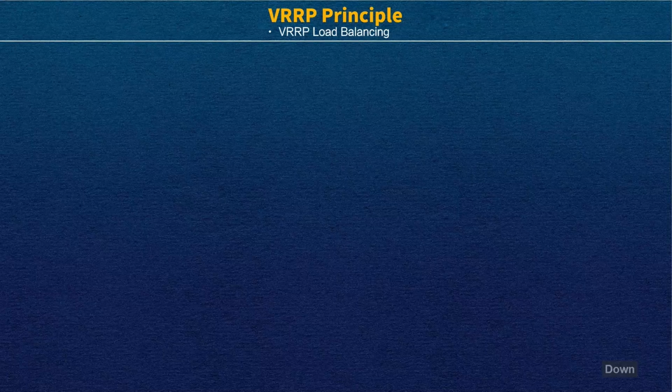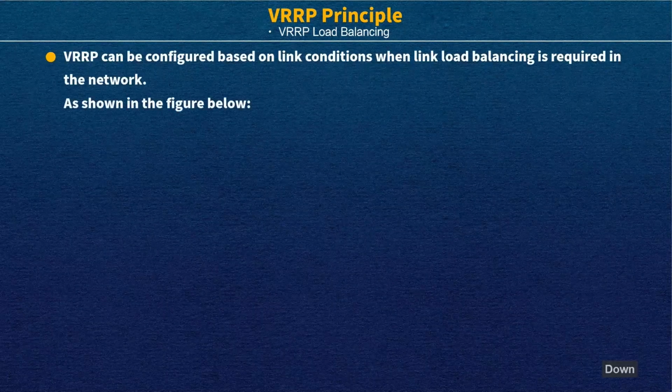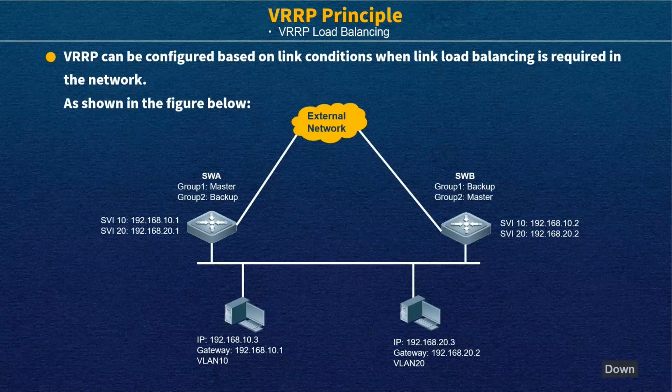And about the VIP, we also can provide the load balance mode. What does load balance mode mean? For example, here, maybe in your network you have different IP segments, right? If all the terminals use one device, like switch A, to be the gateway and switch B only becomes the backup, that means the result will be switch A is too busy, but switch B doesn't have any traffic. We hope switch A and switch B can work at the same time to forward the message as much as possible. So in this scenario, you can provide the VIP load balance.